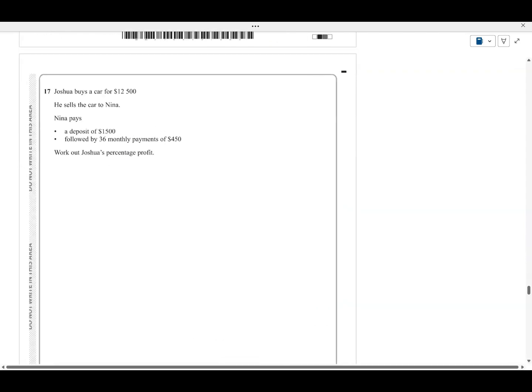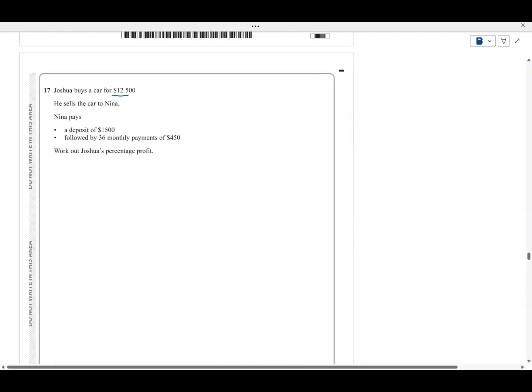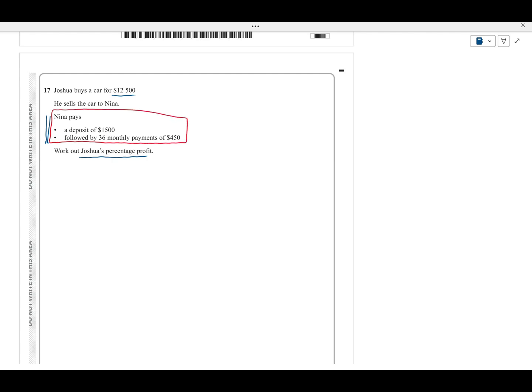Question 17. Joshua buys a car for $12,500 and he sells the car to Nina. Nina pays a deposit of $1,500 and then 36 payments of $450. Work out Joshua's percentage profit. Well, let's work out how much Nina paid for the car. She pays $1,500 to start with, plus 36 times 450. So she pays